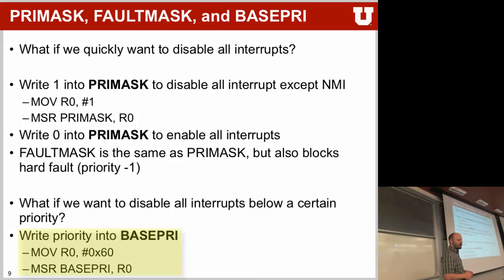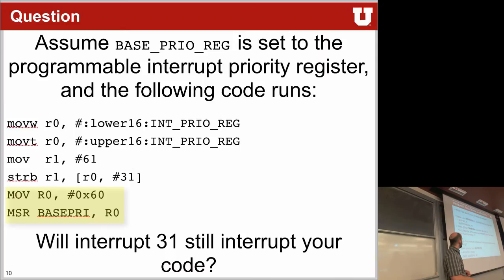So if you go back here, disable priority, write priority into base priority, right? So we write 60 in here. Write 60 into the base priority. Who thinks it will still be interrupting? Who thinks it will not interrupt anymore? More. Why do you think it's still interrupting? Yeah? 31 is